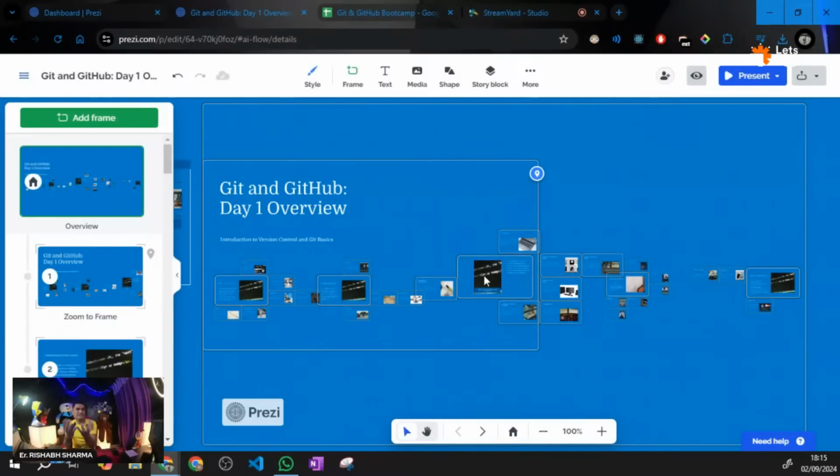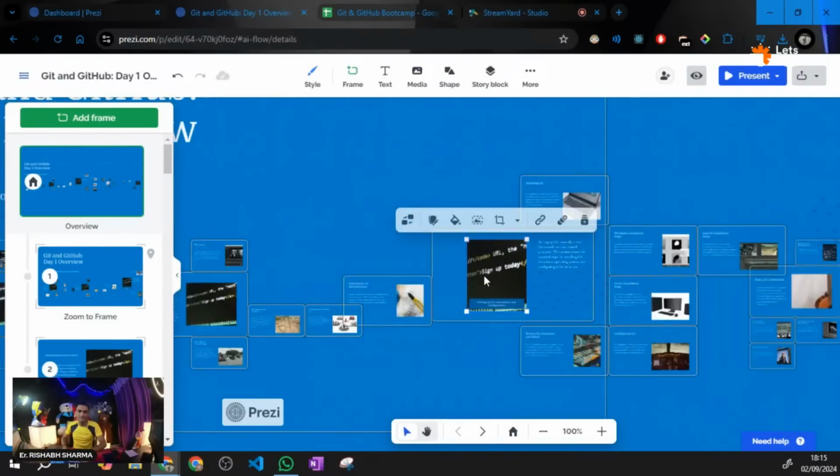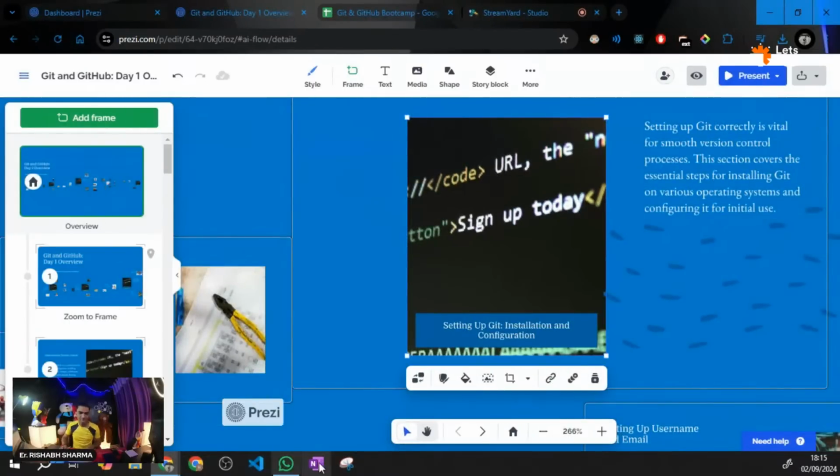Since a team altogether is working on a particular project, we create a remote project, a remote place, on which we can upload our code. Suppose I have done a part of the code, B has done B part of the code and somebody else has done C part of the code. They can all upload their code on certain repositories. Let me explain it to you via a diagram.